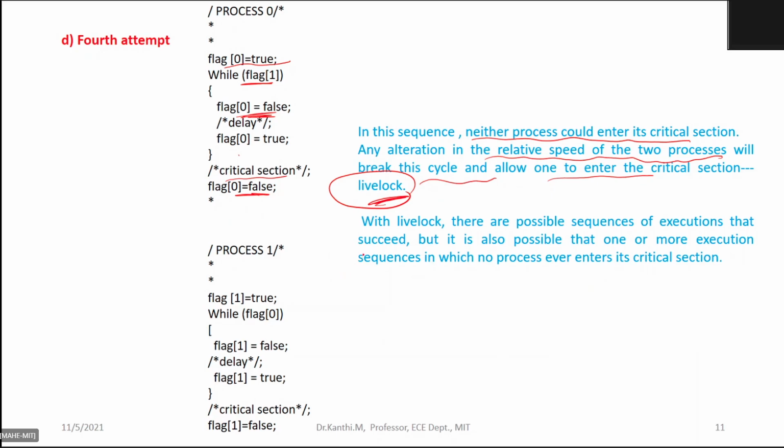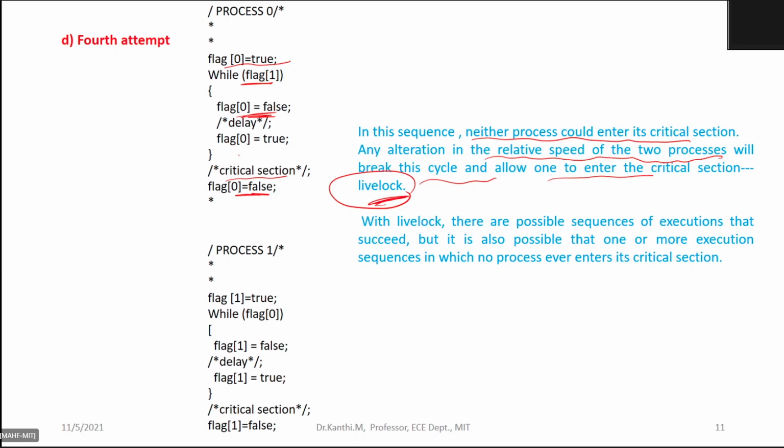So a particular process, based on the code and the instructions you have given, can immediately acquire the resource and try to acquire it. So it may not lead to a deadlock, but this is called a livelock because they both try to acquire the resource at the pace in which they execute.